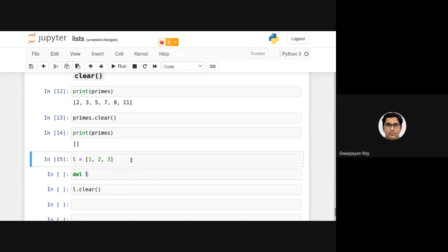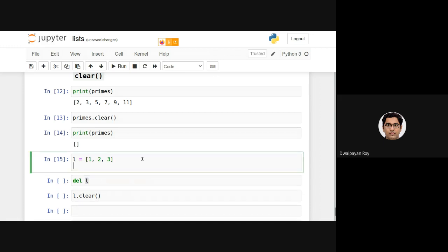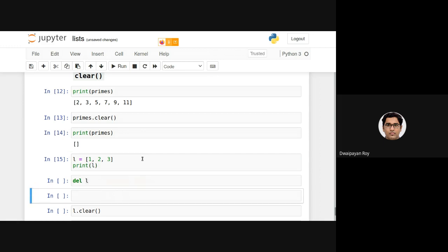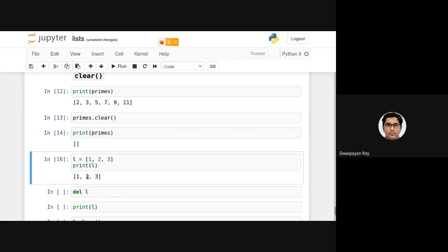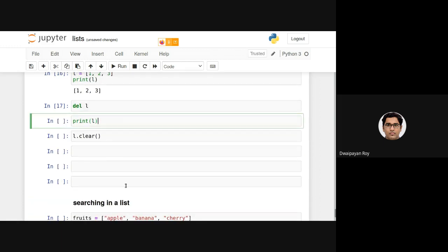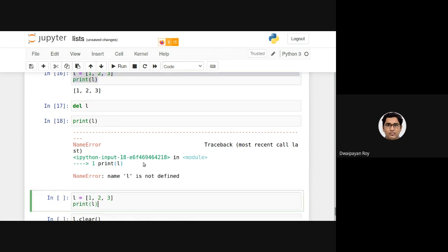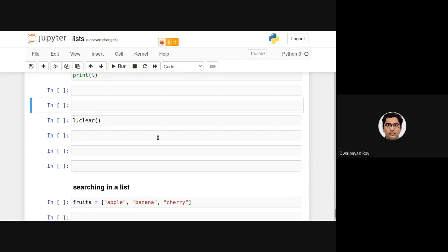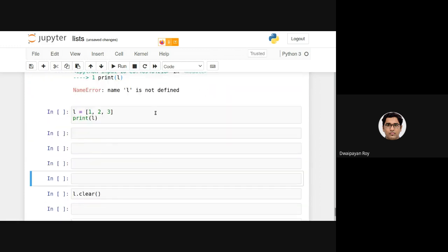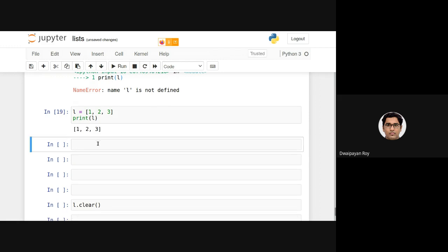So let's just try. Now let's print L, and after this as well, let's print the list. So the list is containing 1, 2, 3. Now if I call del L, after that there is actually no existence of L, right? But let's do the same thing and try clear. Now the list is containing 1, 2, 3 again.